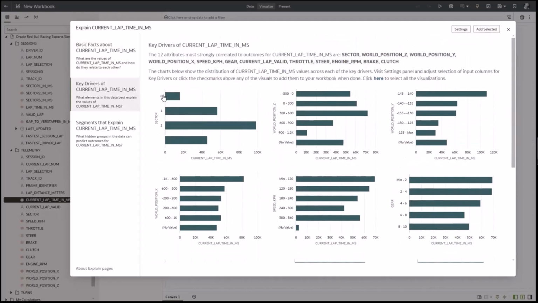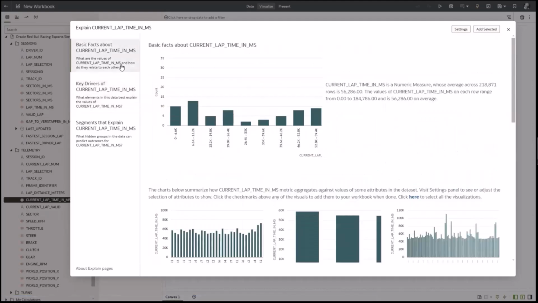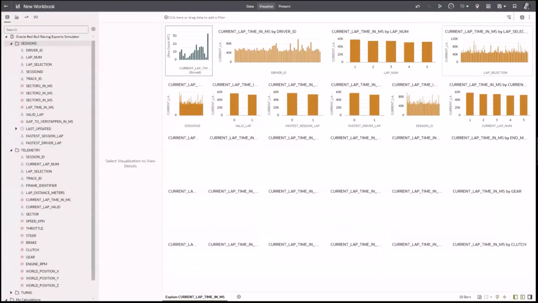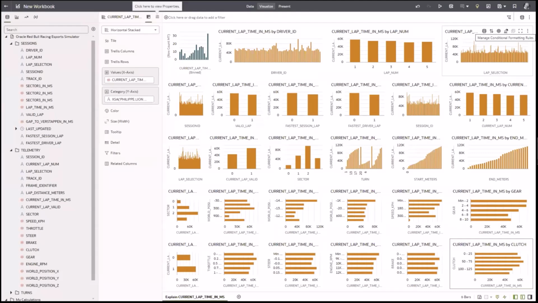You may already be familiar with the explain feature, but that helps me understand that current lap time is obviously correlated with speed or gear or sector, whatever data points we have in this data set. So you know what? I'm going to select everything, clicking here. And why don't I also select all of these charts, click here to select all the visualizations, and bring them into my canvas. Now, within about a minute of me talking, I already have this kind of dashboard